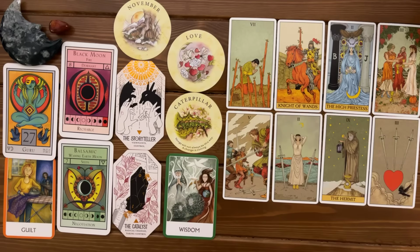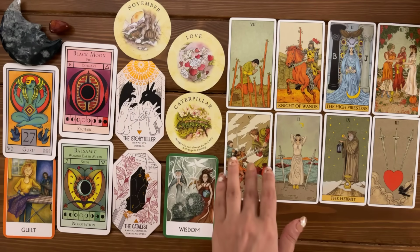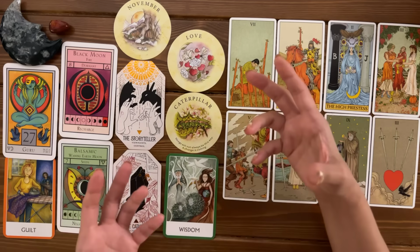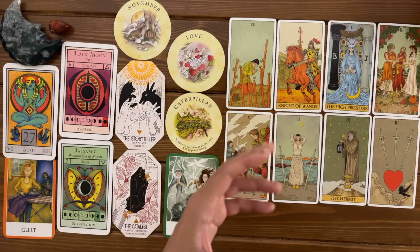Despite everything that I said, your reading is showing that you do have the strength, even if it comes, to beat it and to win, right? So it's not something super serious. Let's call it, it's uncomfortable. Let's call it being...